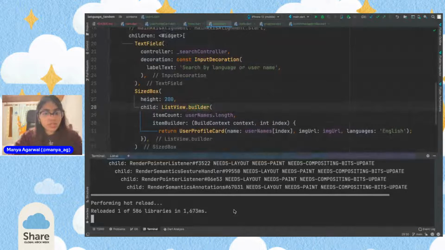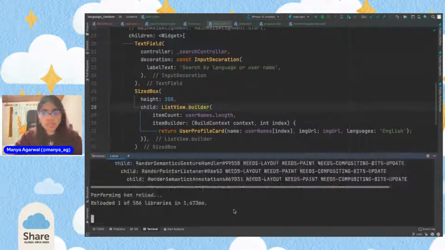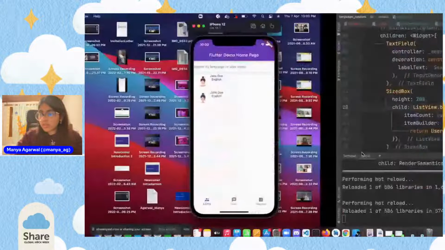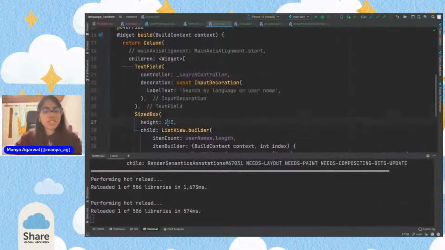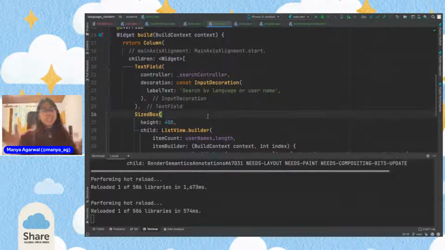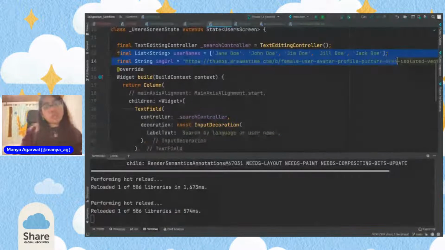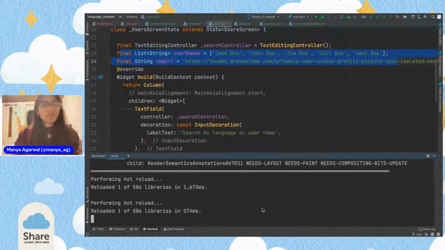So we can do that and reload it. So what clearly happens is, okay, so what we're clearly seeing here is that it does not update the usernames that we put in the fast reload. So what I might have to do is I might have to close this